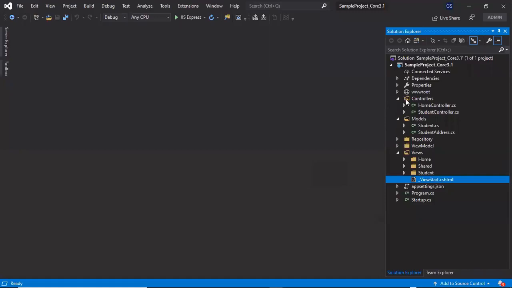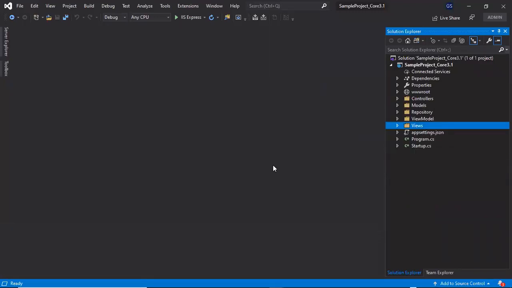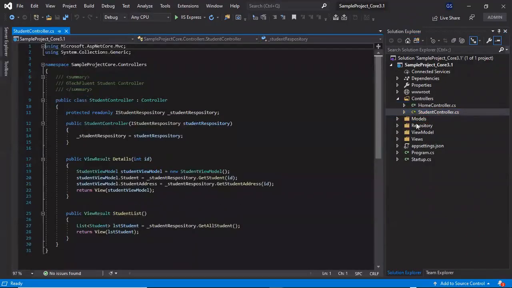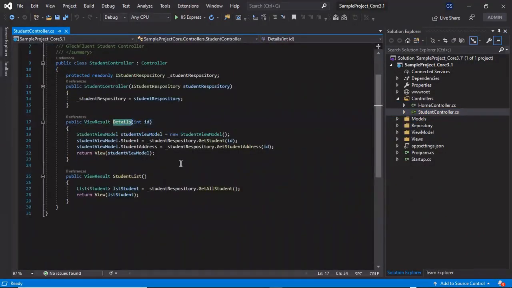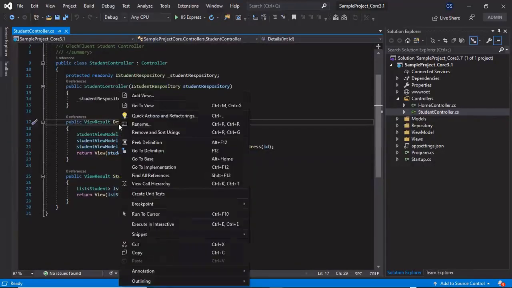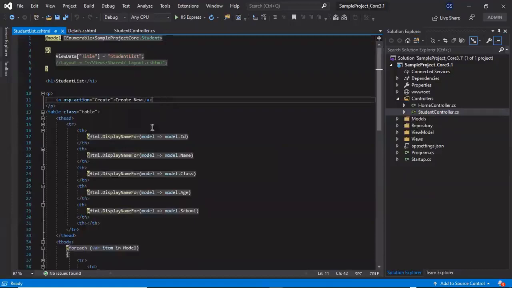So we are in the project which we have created for this video tutorial series. If you are new to this series and want to understand the view imports example, you need to first create the Student model inside the Models folder, which we have already created till now. You can refer to our previous video on models in ASP.NET Core MVC. After adding the model, let's go to the controller. We have two actions here, one for the details view and another for listing out the students. If you go to the respective view of these actions, right click and go to view, we are displaying the student list here with the student model.